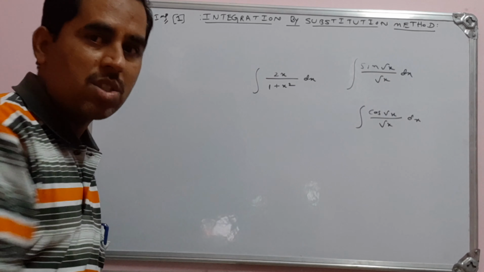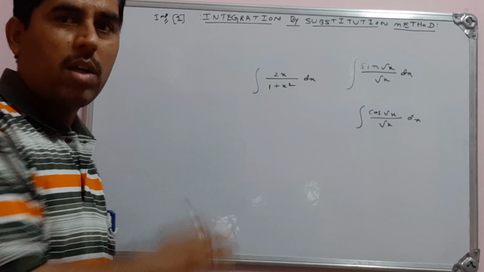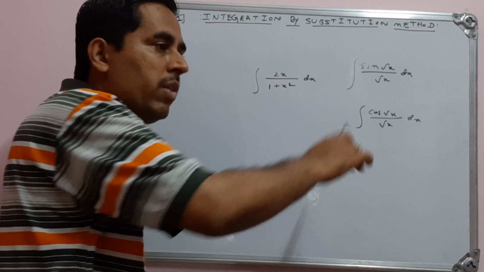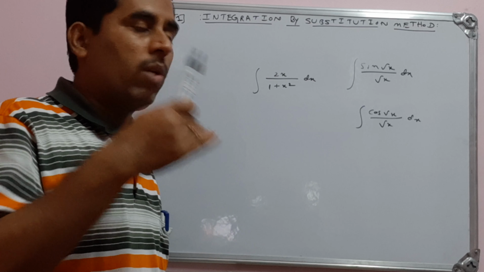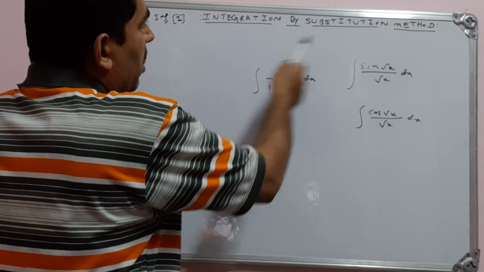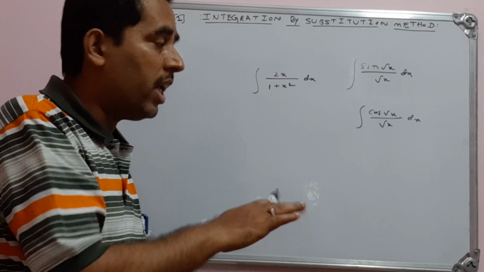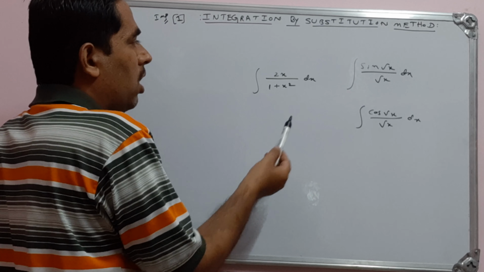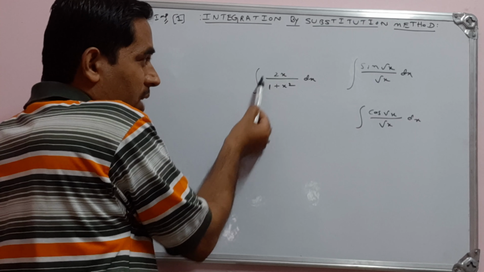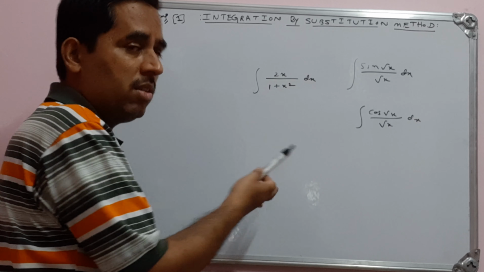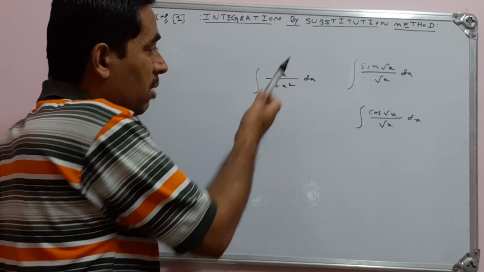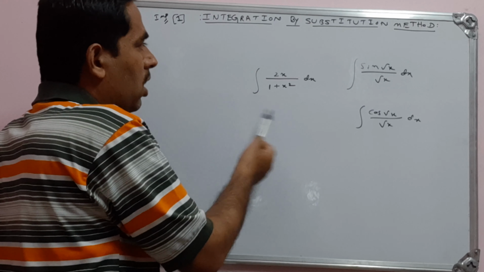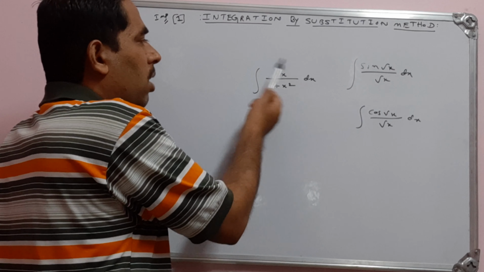To integrate such functions, I have written some simple functions, we need to develop additional techniques. One of the techniques is the substitution method, or we can reduce these given functions to some standard forms. Then afterwards we can apply the formula. We don't have any direct formula to integrate 2x by 1 plus x square. We cannot split the terms here. The numerator is 2x and the denominator is 1 plus x square, so we cannot make use of the formula directly.